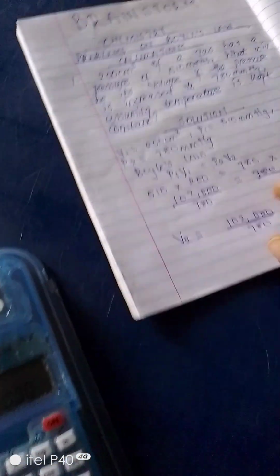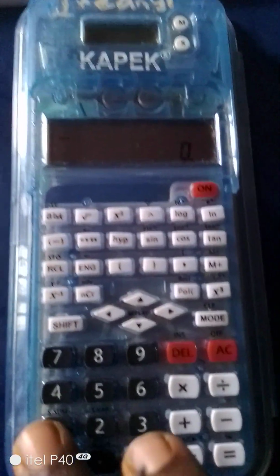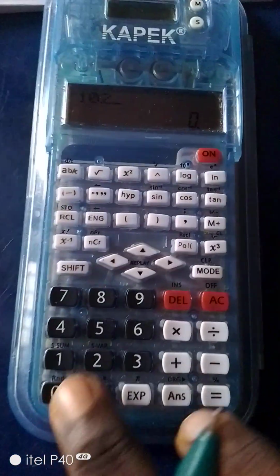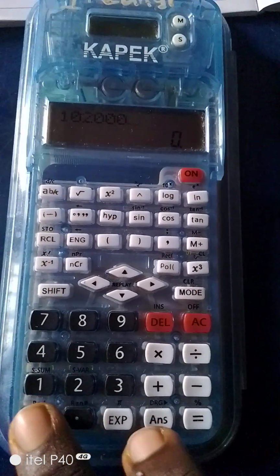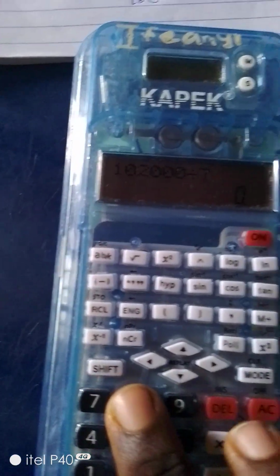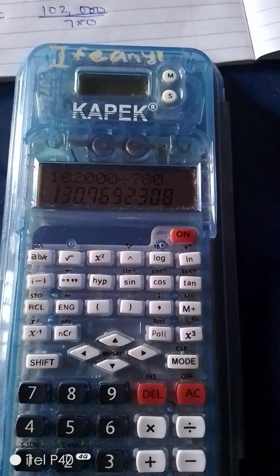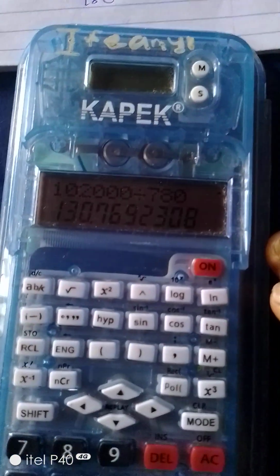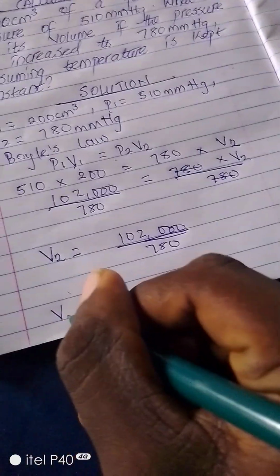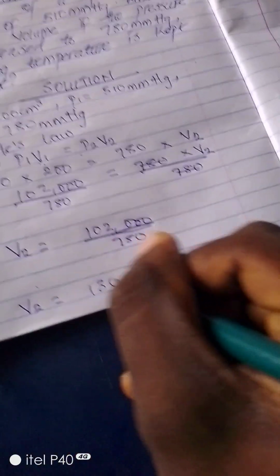So coming back to our scientific calculator, we're going to have 102,000 divided by 780. That is going to give us 130.76. Our final volume gives us 130.76